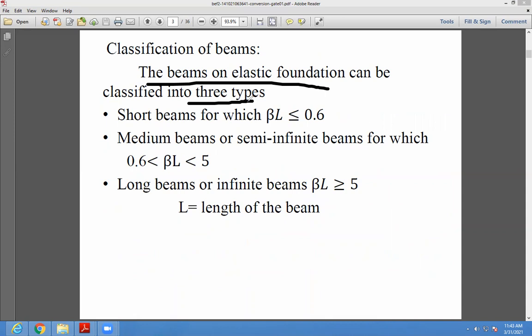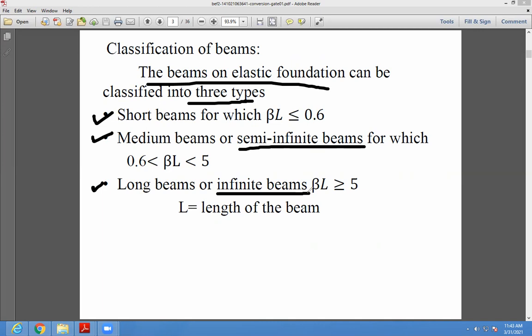Beams on elastic foundation can be classified into three types: one is short beam, second is medium beam, third is long beam. Medium beam is also called semi-infinite beam, and long beam is also called infinite beam. Remember, in the question paper,